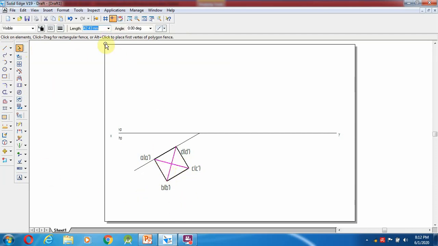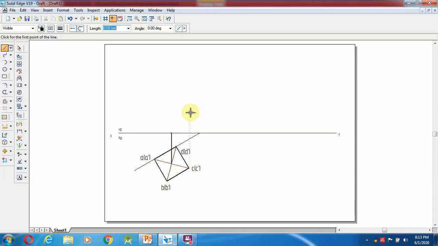I'm going to change the 0.13 mm. So exactly in the intersection line, so exactly in the intersection I'm going to draw a line.